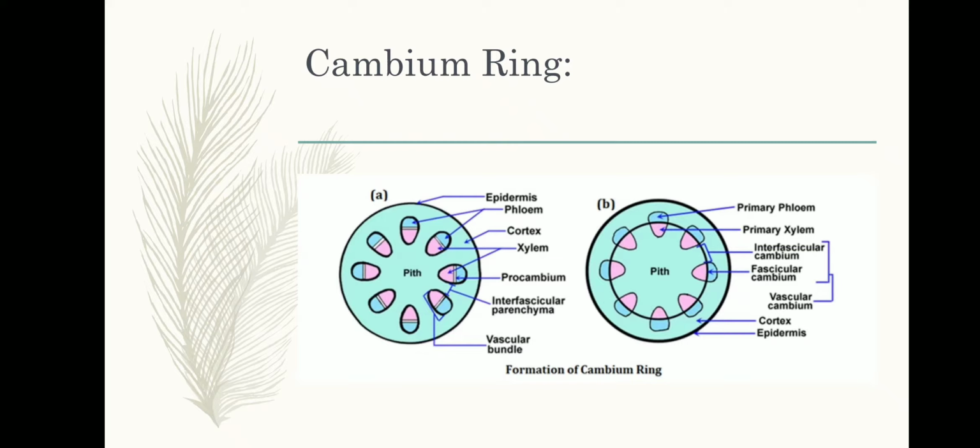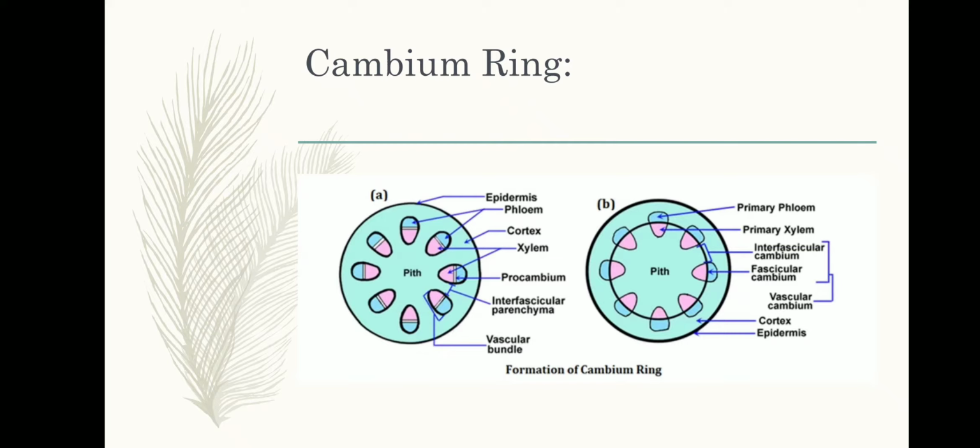It's an increase in size, volume or mass. It's an irreversible and permanent process. Directly or indirectly, it will lead to increase in the dry weight of plants. So if we'll talk about the types of growth, we are having primary and secondary growth, unlimited growth, limited growth,